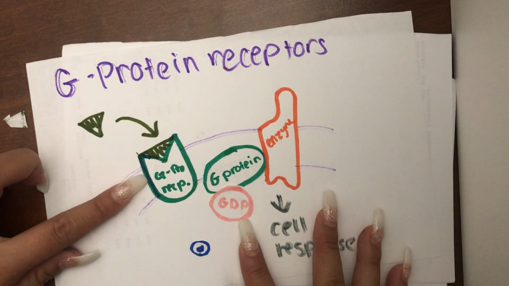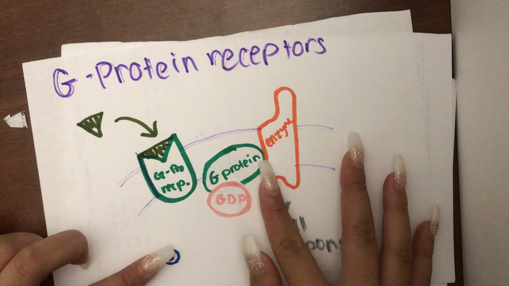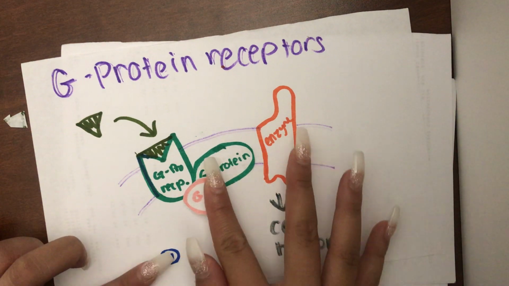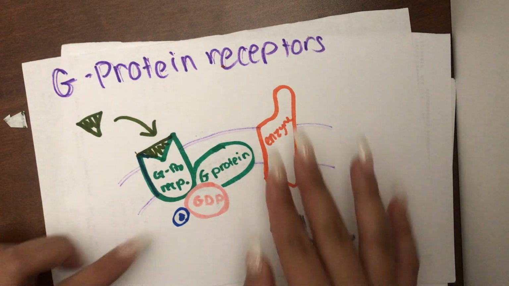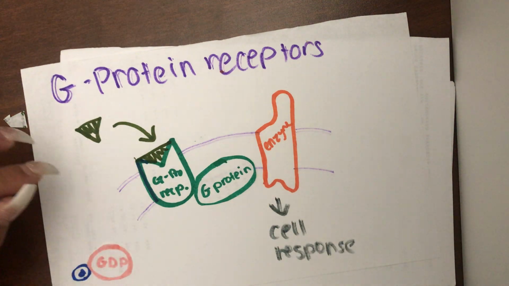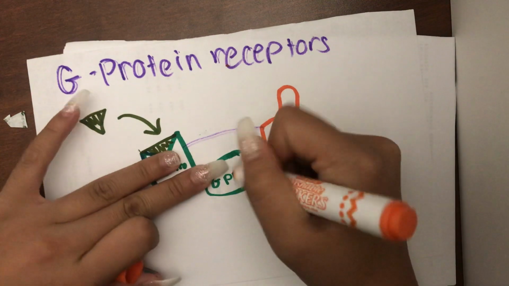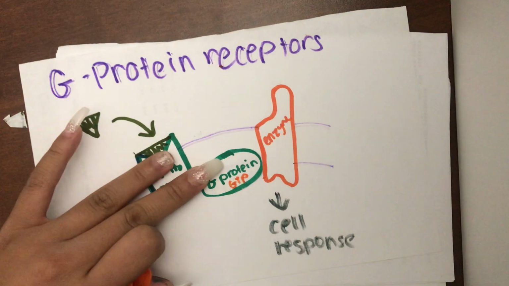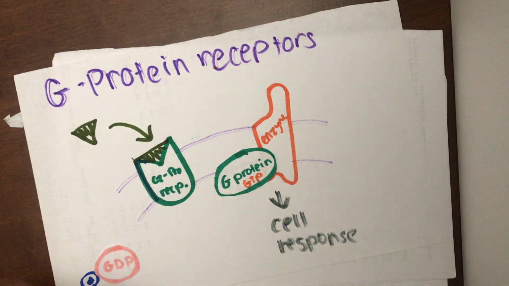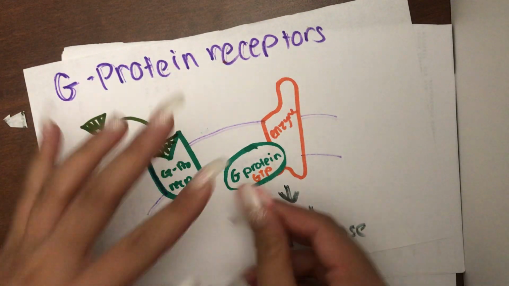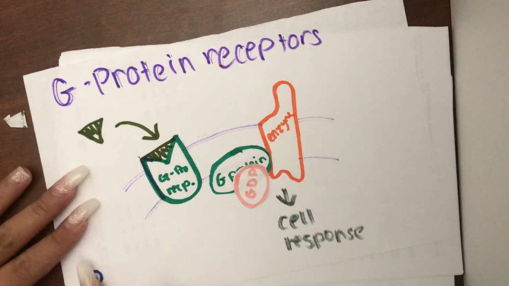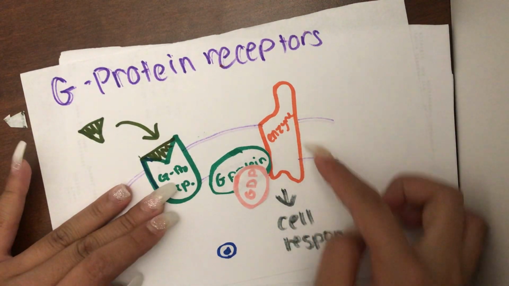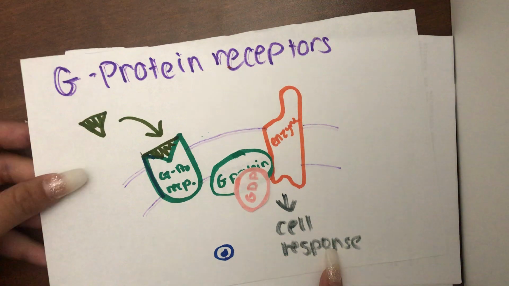Ligand comes into the G protein receptor. G protein with the GDP goes over here, phosphorylated, adds the P in, and that becomes GTP. Right, comes over here to the enzyme. Oh, gives us GTP away. What happens to it? Goes back to GDP and releases its phosphate group. And then this enzyme will let out a cell response. Easy. Okay. And the last one is